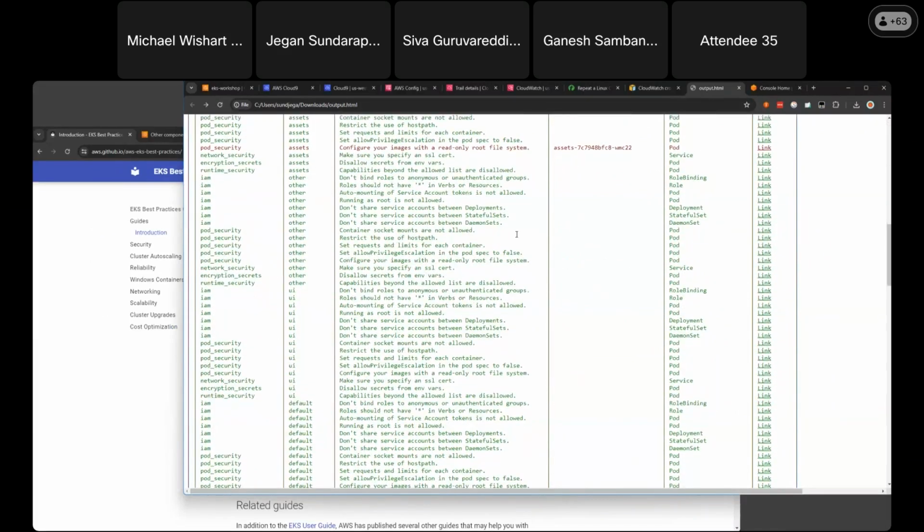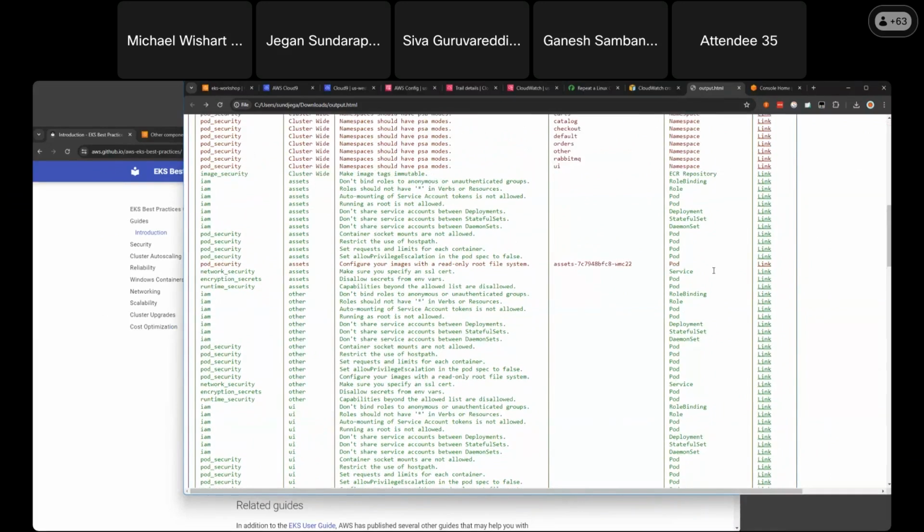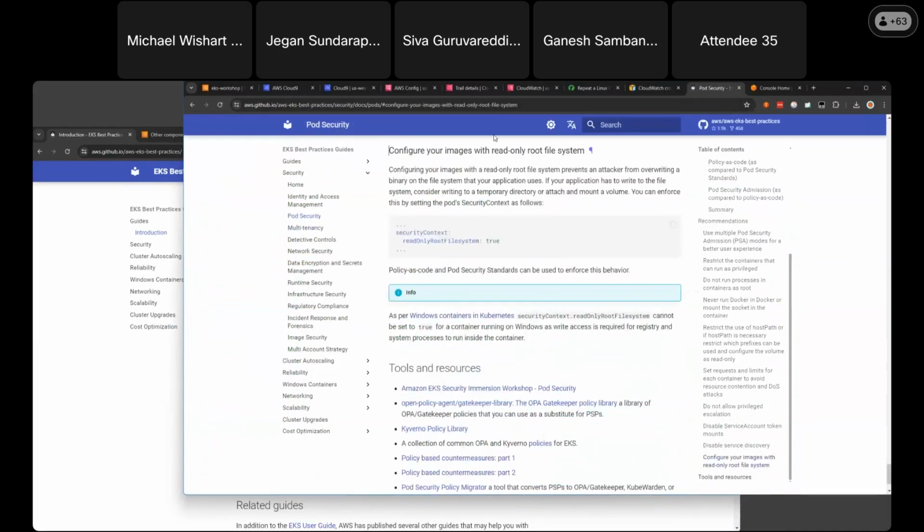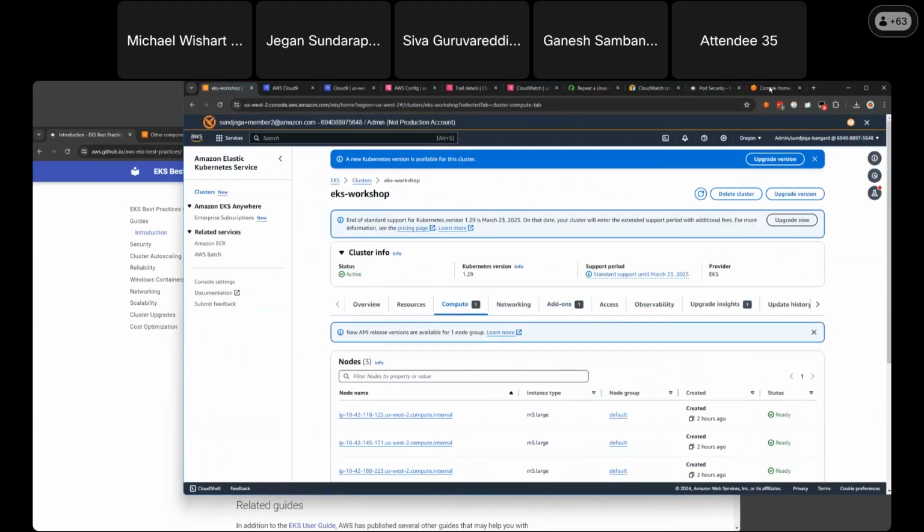If it identifies an issue, it highlights it in red, with a link to the EKS best practice guide, which talks about what's wrong and how you would fix it. For governance, this would be the best starting point. You start here.